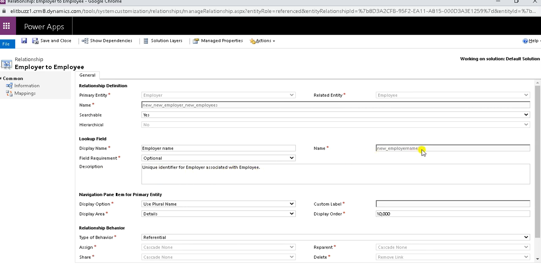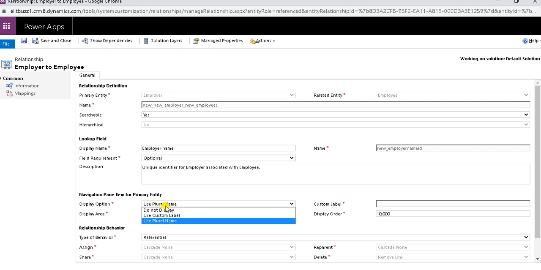And the name is like this. So this is the name, you can say schema name of this lookup field, which cannot be changed once we have saved this relationship. And navigation pane item for primary entity. So means primary entity is employer. So in primary entity you can see how it will be visible.